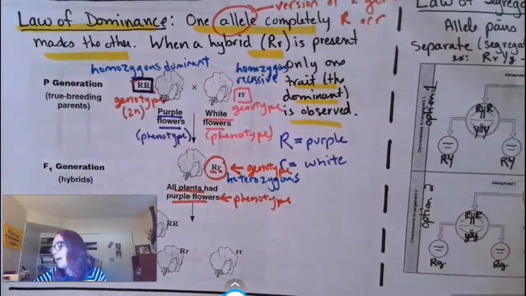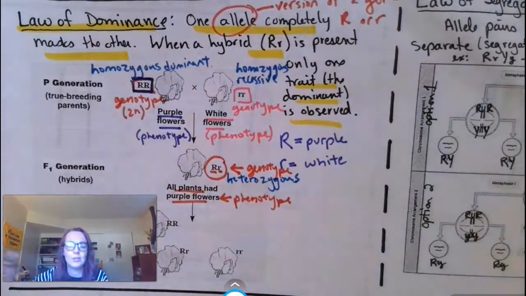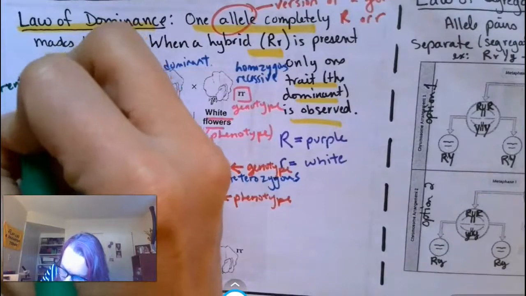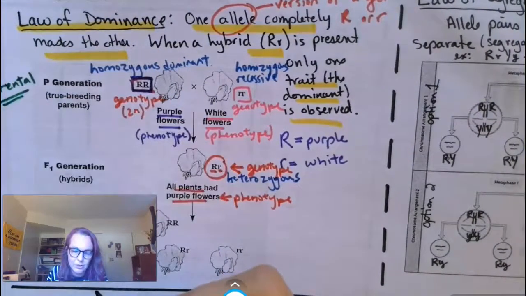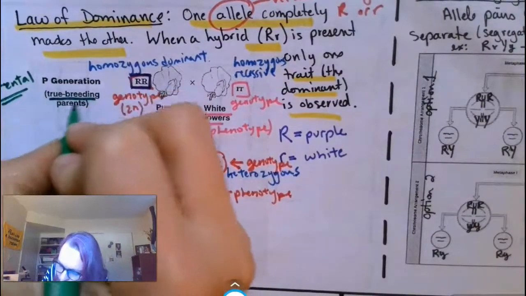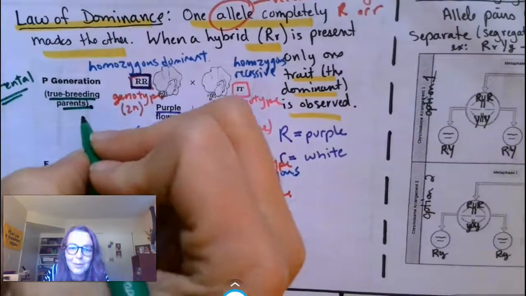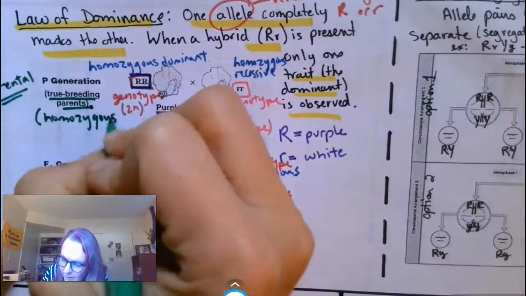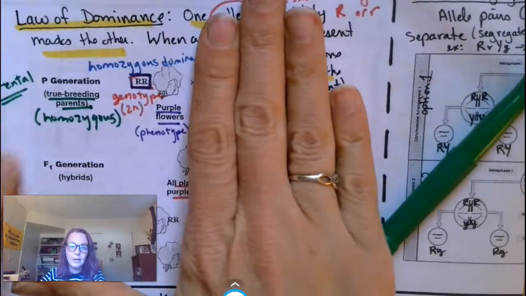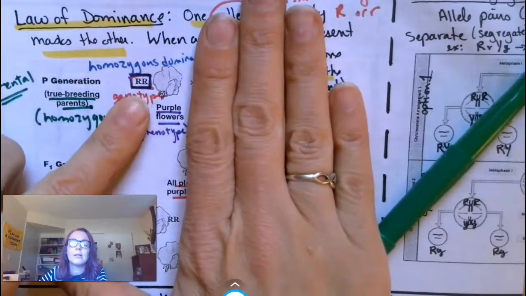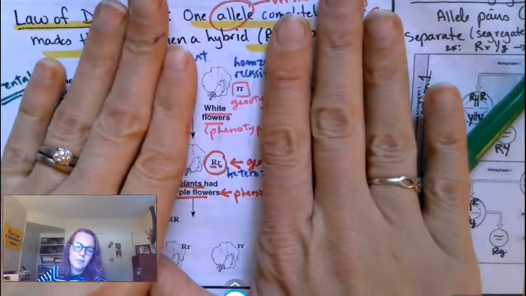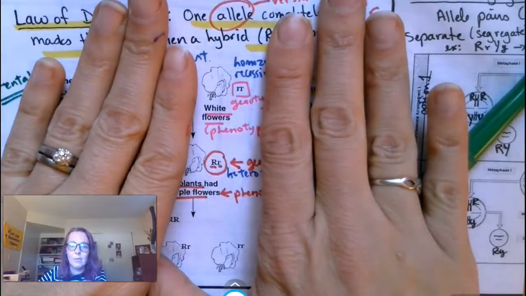Another thing we need to talk about is the generations when we're looking at genetics. The P1 generation, these are known as the parentals. That's the parental generation, okay? And when we say true breeding plants, that means homozygous. The reason we call them true breeding is because if you just bred purple flowers that are big R together forever, the flowers would always be purple. So it's true breeding. If we just bred white flowers together that were little r forever, they would stay white,